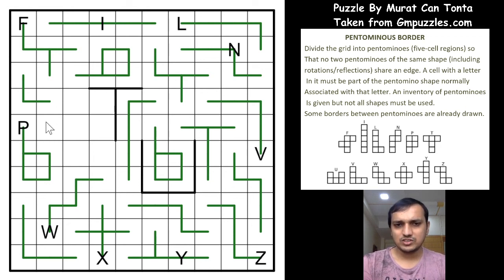And again if you see, if this cell and this cell are different pentominos, then you form an L here and a P here again. So we are forming a P again, which is not possible because 2 P's cannot be adjacent to each other. So we conclude that this cell is part of this pentomino, and again if you extend this, it forms an F, so it has to be a W and a P here. So we have solved this puzzle. It was a great puzzle. What a beautifully designed puzzle.